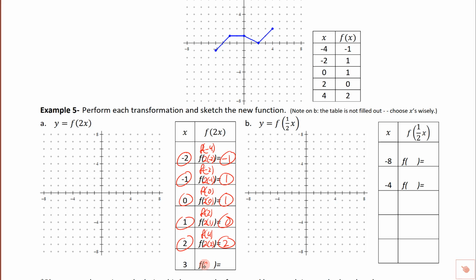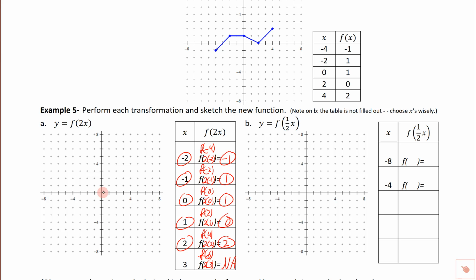And let's try this one right here. This would be 2 times 3. That's going to be f of 6. There is no f of 6. There's no function value out here. So we're going to write NA again. We've seen that before. And that sometimes is typical with horizontal changes. So let's go ahead and take a look here. We're going to graph